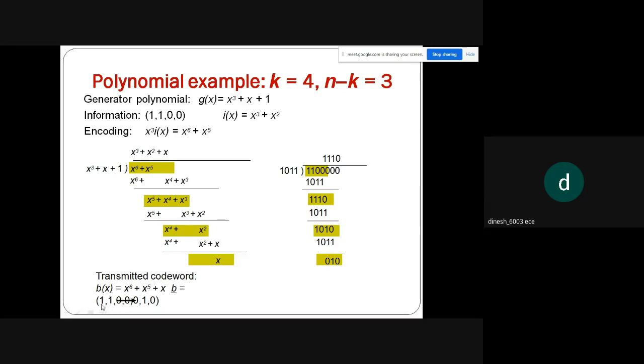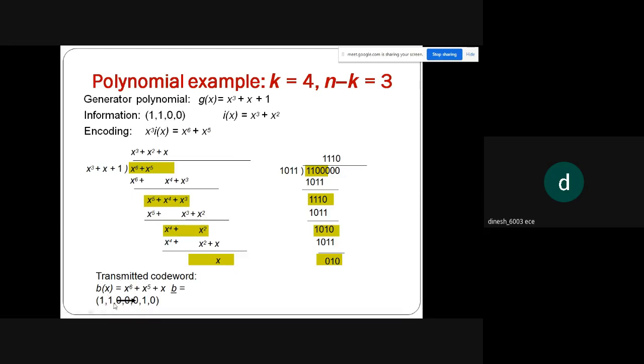So we got 4 bits of information. The check bits are the remainder x. So x is what? The value is 1 in decimal, so equivalent in binary 0, 1, 0. Now you can see that if you count this transmitted code word,